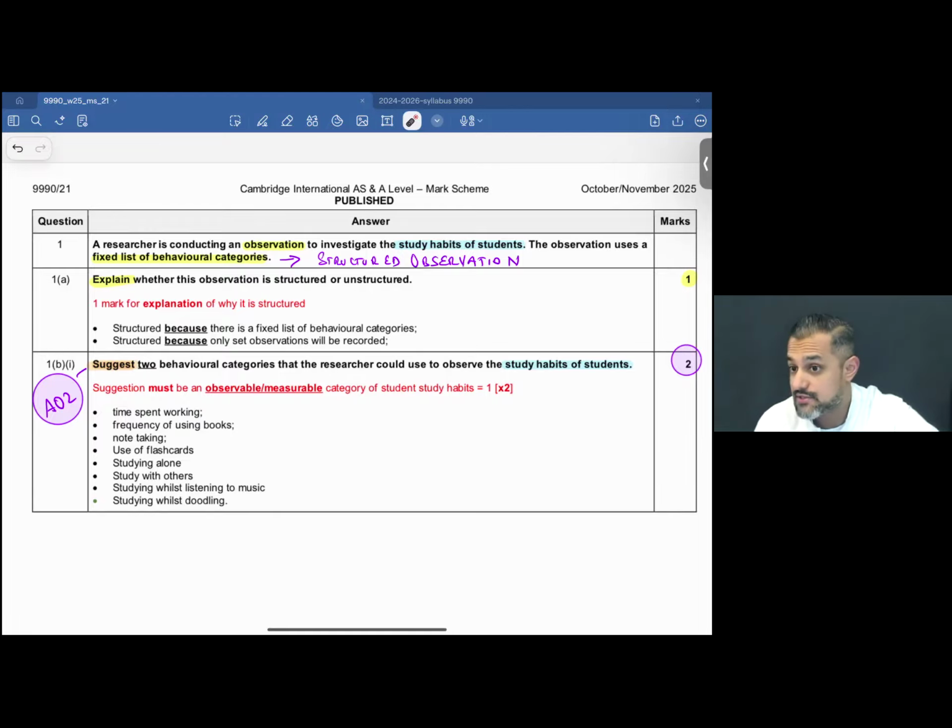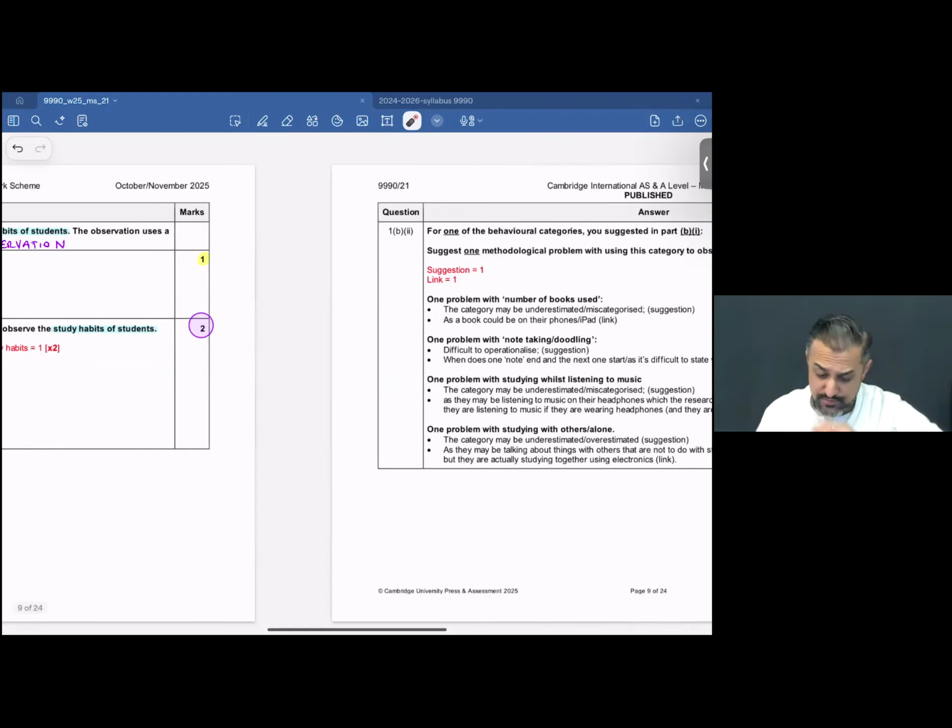The amount of time they opt for studying with other people, or studying while they're listening to music, or studying while they're doodling. So there are numerous categories. You see 2, 4, 6, and 8 different options that the examiner has given you. But then again, you're not restricted to these 8 options. If you want to write anything besides this, you may as well. Let's take this ahead. Bismillah ar-Rahman Rahim.